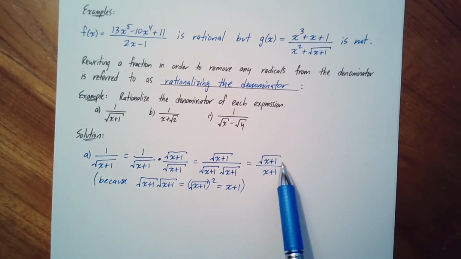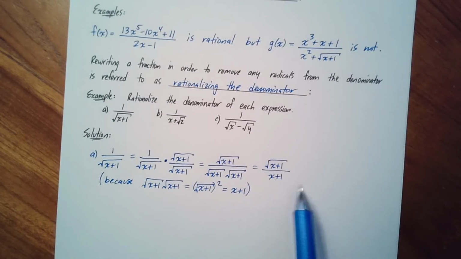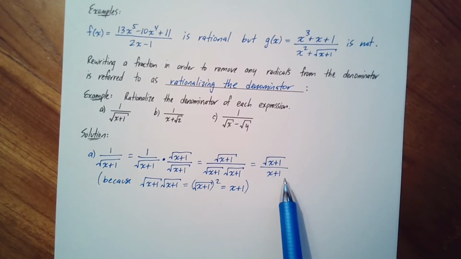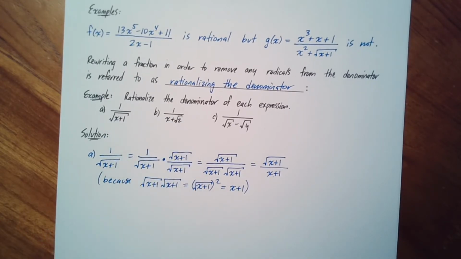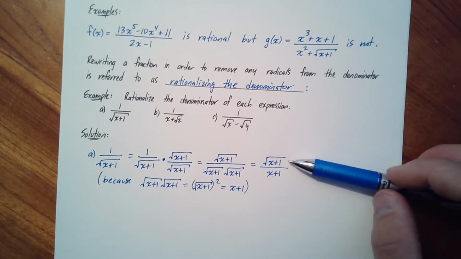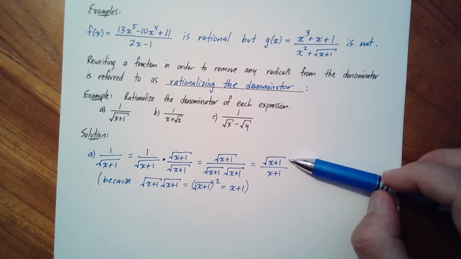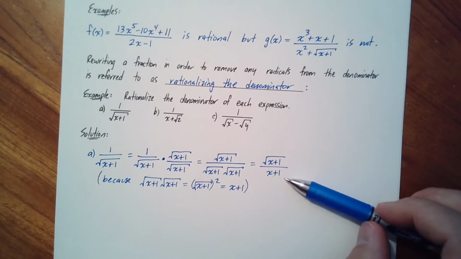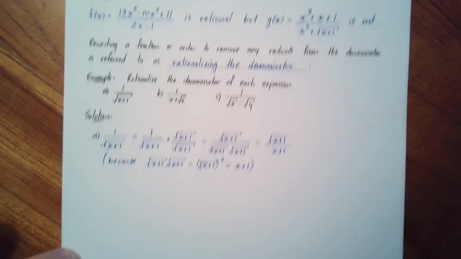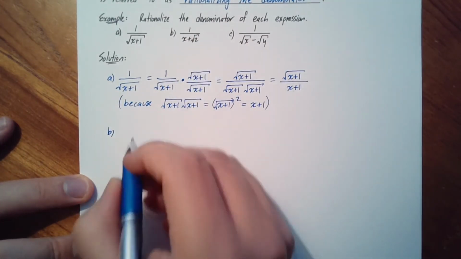But look what happened here. We've got a chain of equalities here between what we started with and now a new fraction that does not have a radical symbol in the denominator. And that's what we mean by rationalizing the denominator. It looks like the price we paid is we introduced now a radical symbol in the numerator. So it's not perfect, right? We still have a square root symbol, but at least now it's not in the denominator. So as for why you would want to do that, well, it's going to depend on the context, but this is an important technique. Okay, so for the second one now, the second example, 1 over x plus root 2,